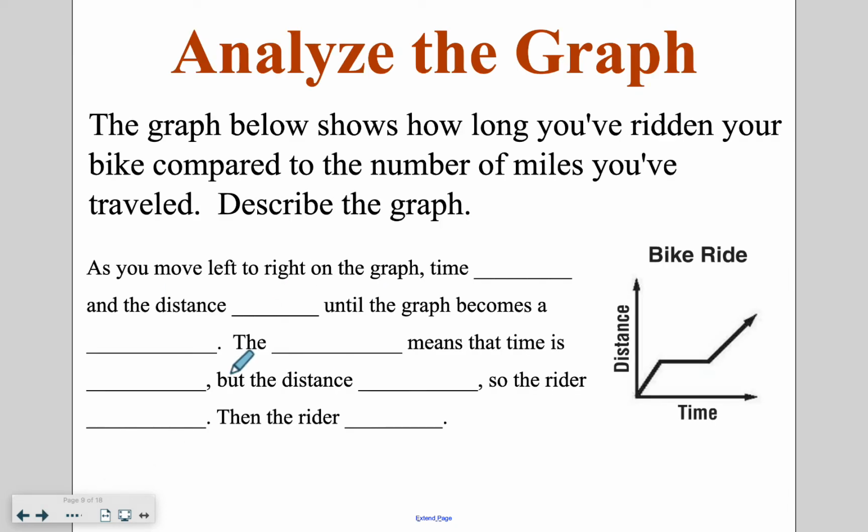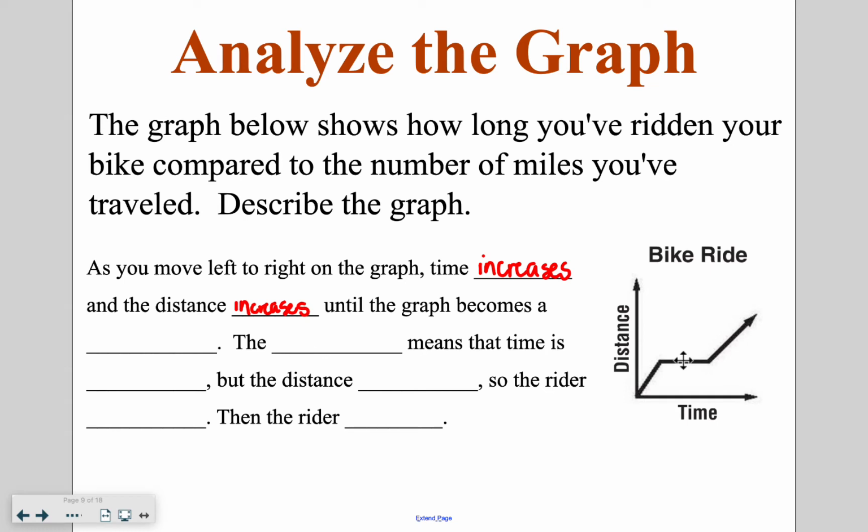So the next thing we want to be able to do is put a little bit more verbalization to this independent-dependent variable relation. So we want to be able to describe different portions of a graph as we look at it. So we're going to start as you move from left to right on the graph, our time value is going to be increasing. We know when we're on a number line, moving to the right, we are increasing. So as we're going to the right, our time is increasing. Our distance, as we look at this first chunk, is also increasing. So as we start this graph, both values are increasing